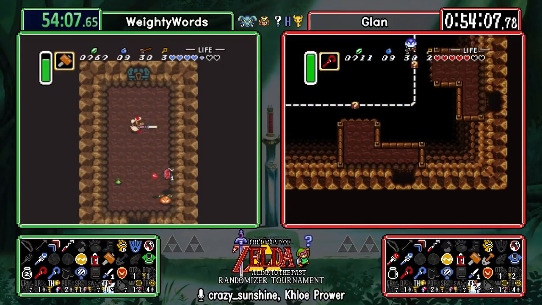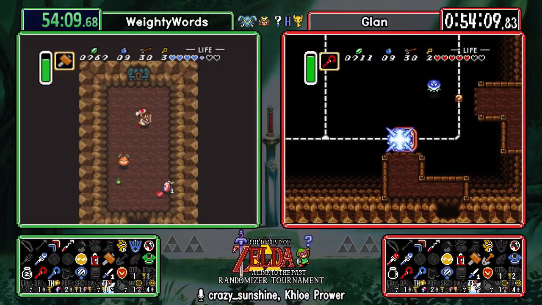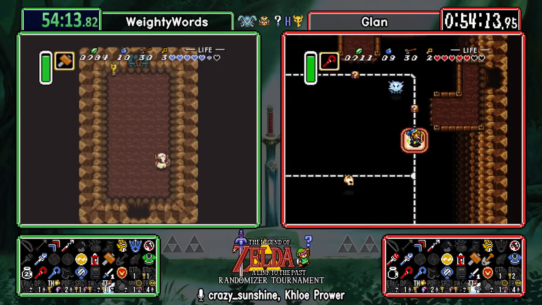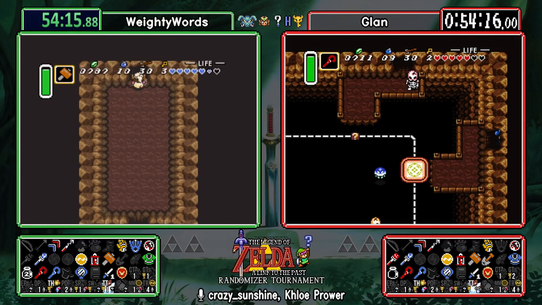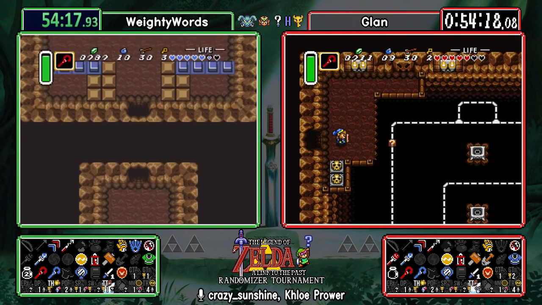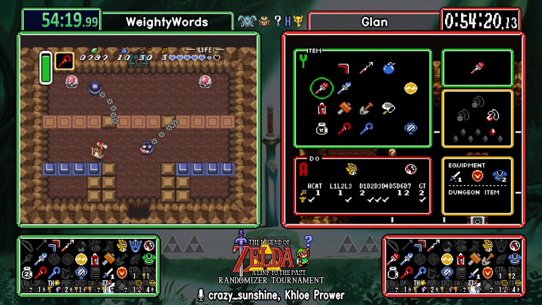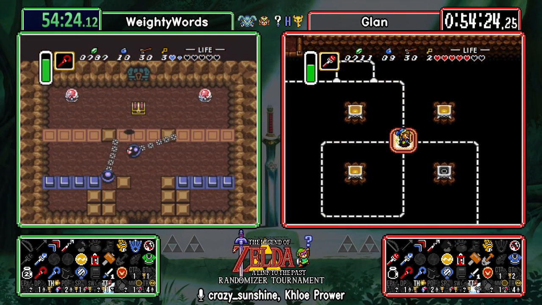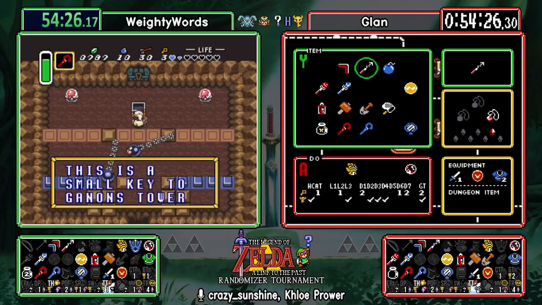I still think this place is trying to lead us to Swamp Palace, though. Which is a little worrying because Glan really needs to go to Graveyard Ledge. That's right. I gotta get those flippers. But Skullwoods is also open too now, so...